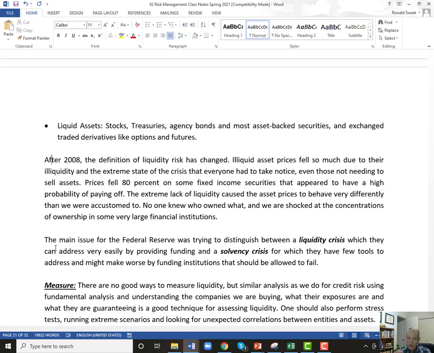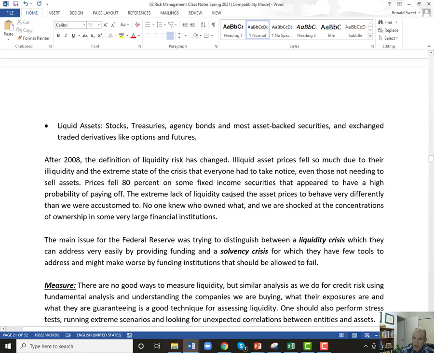2008 was just an extreme liquidity crisis, and now people have to say, you know what? If I have an illiquid asset, I've got to worry about bonds that may be illiquid, even though I have no need to sell them and can pay all my bills without selling them. So that's why I say there's a close tie between liquidity risk and price risk. For some assets, price risk is not that big of an issue until a liquidity crisis, and then suddenly they're in the eye of the storm. So you have to think about these assets.